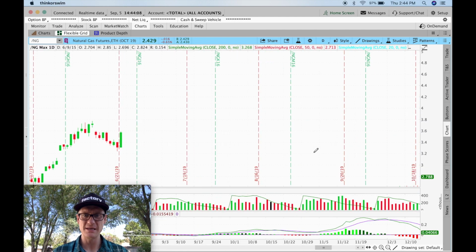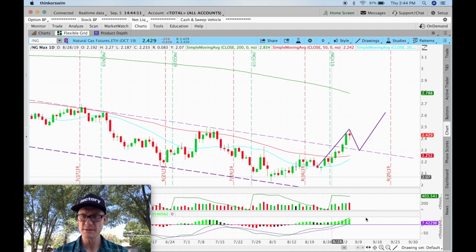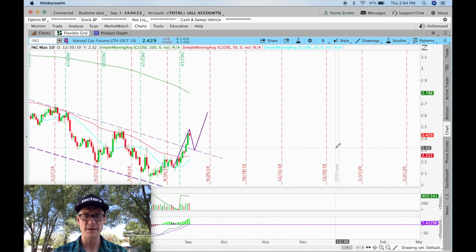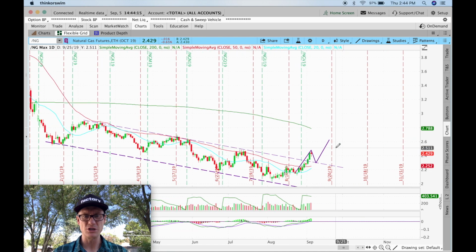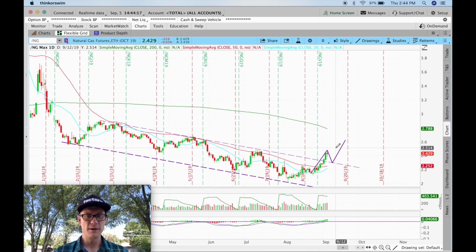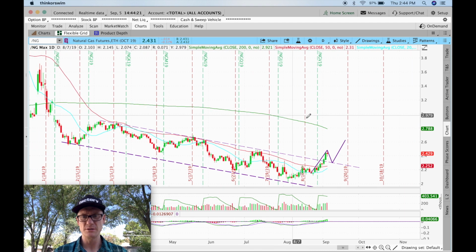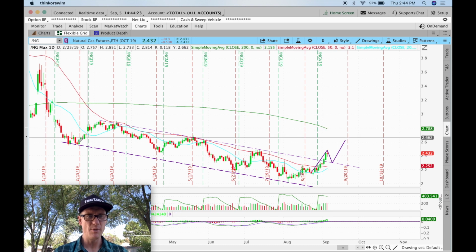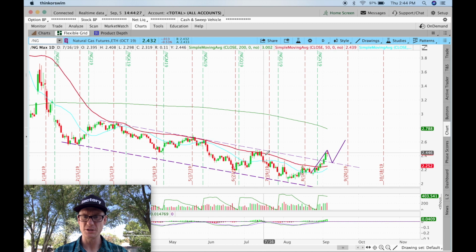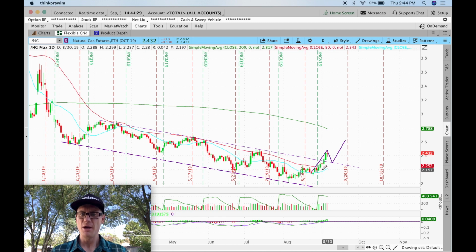So here we go. We got the daily chart up. And on this daily chart, if I just zoom out a tiny bit, you can see that similar channel. It's pretty clear. We're seeing a downtrend. We're below the 200 simple moving average, which tells me that we're also downtrending, but we've been bouncing back and forth, just like on the weekly chart, with just a few more deviations here and there. But last week we were talking right here.